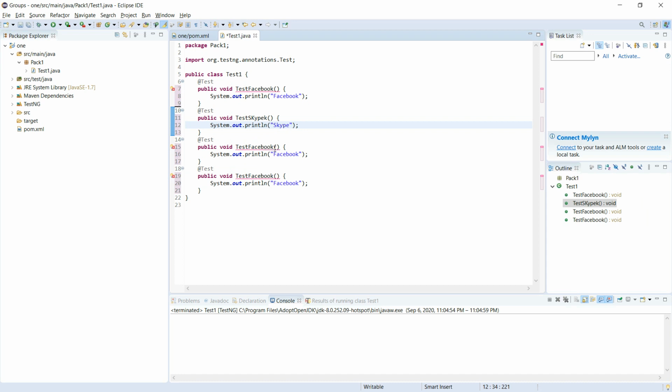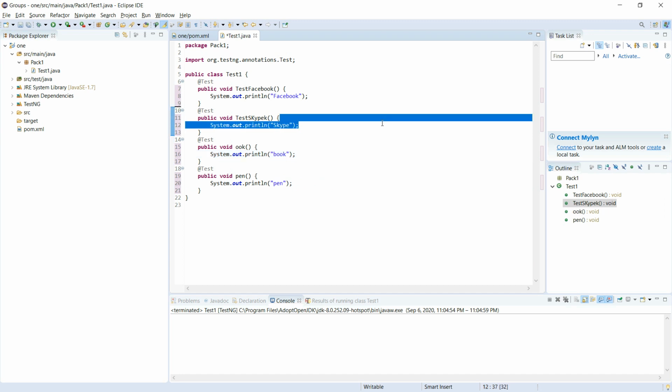And here I'm using a method whose name is book, and another method whose name is pen. Here I'm printing pen, and here I'm writing book.